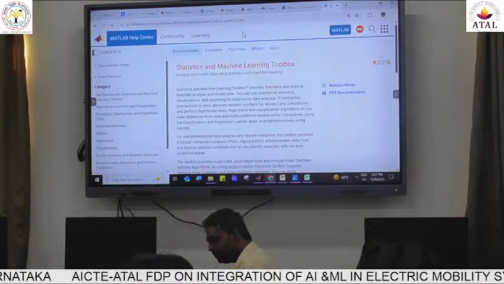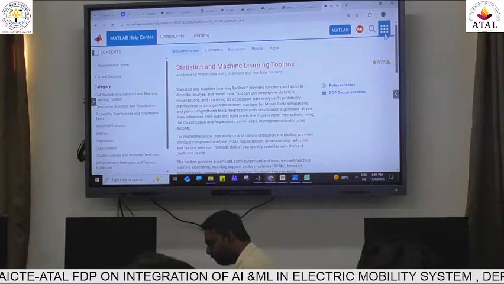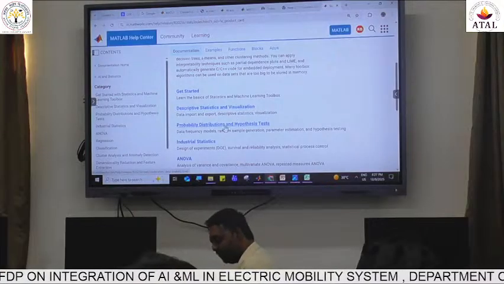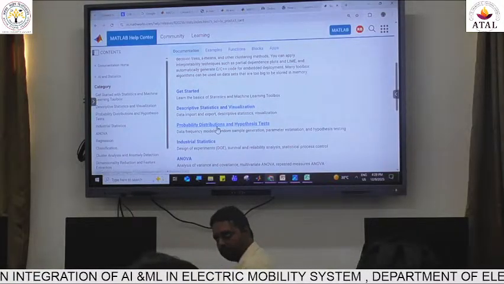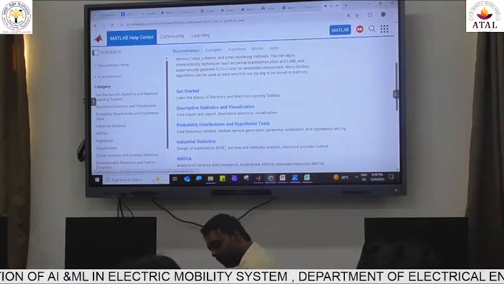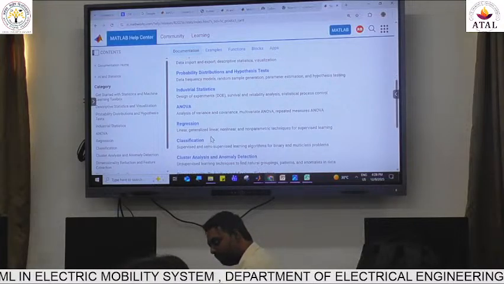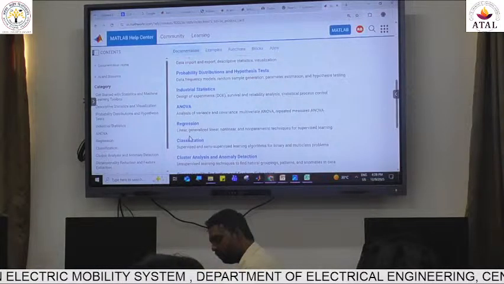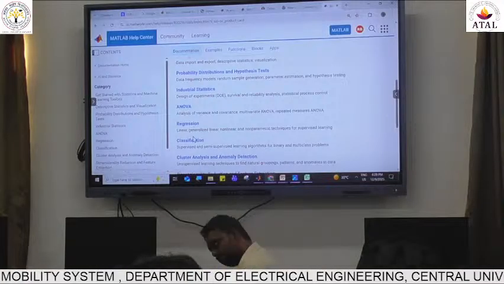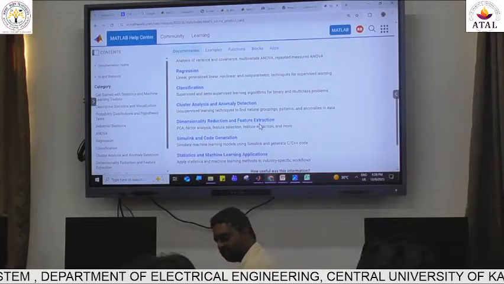Here you can see this is not just a machine learning toolbox, you can do statistical applications also. If you want to do descriptive statistics, data visualization, if you want to fit your data with probability distributions, or if you want to perform hypothesis testing, ANOVA, all those things can be implemented with this statistics library. But we also have machine learning libraries, either for unsupervised learning or supervised learning. Both methods you can do here. If required, you can also perform feature extraction. You can also perform